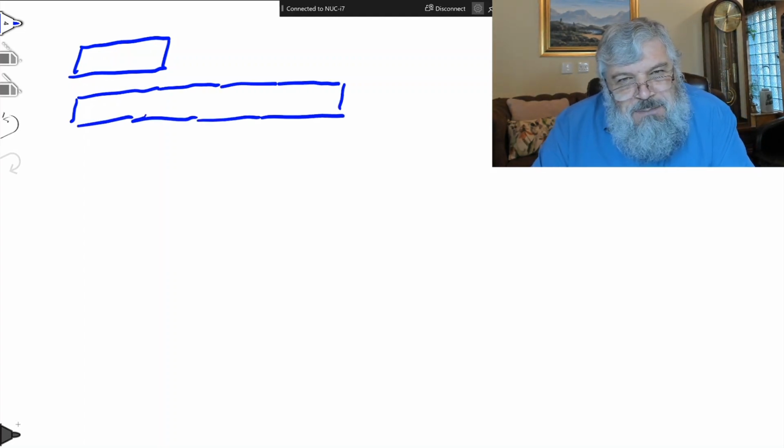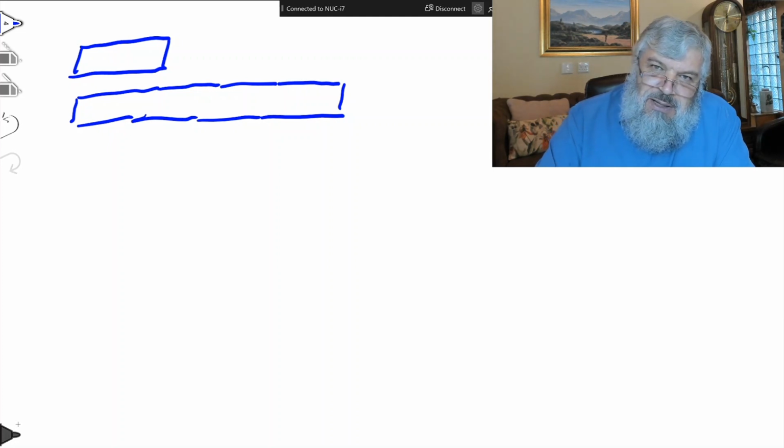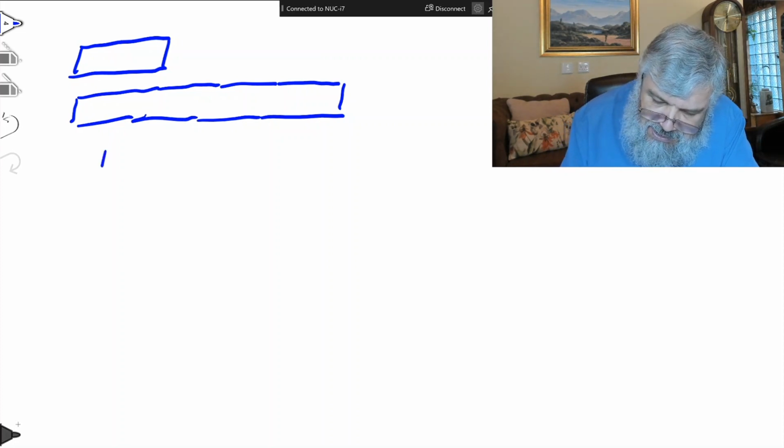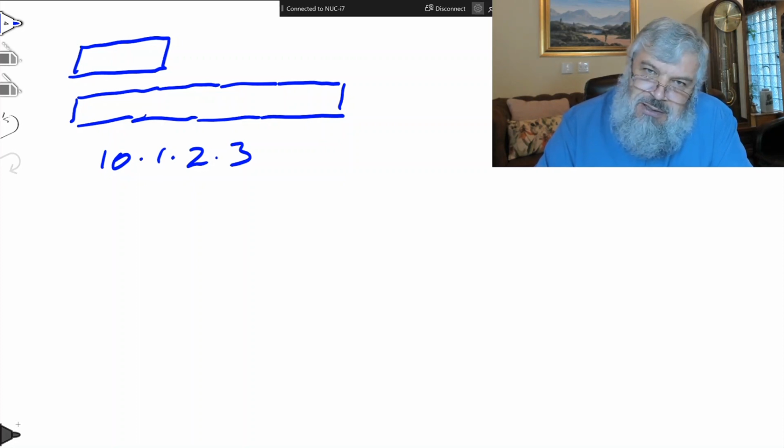Perhaps a better way to get a feeling for the size of an IP version 4 address is to write out an example of such an address. Again, for the sake of comparison, remember that an IP4 address may have looked like something like this, 10.1.2.3, something you can easily remember, something an IT tech can tell a user to enter into a box.